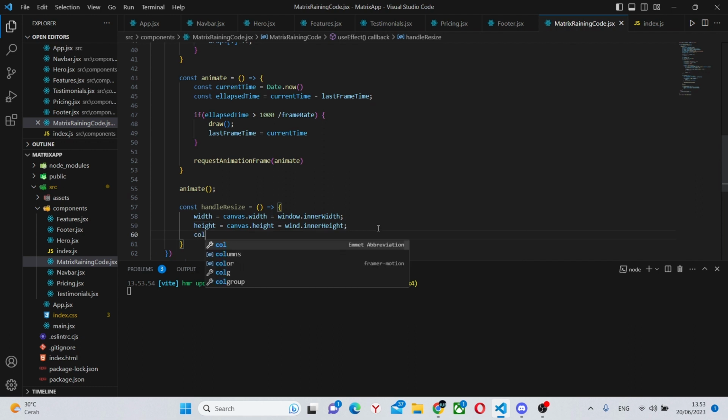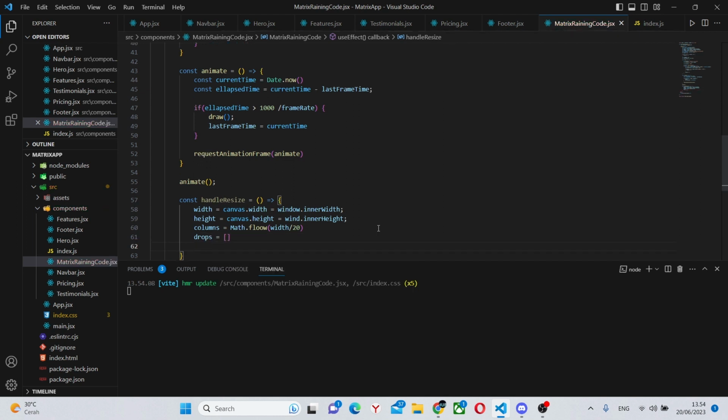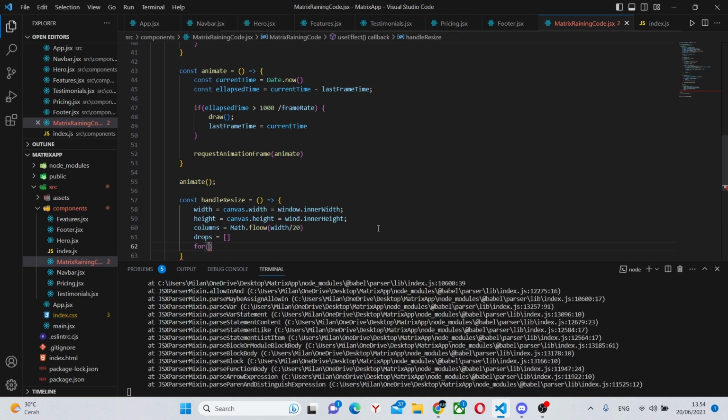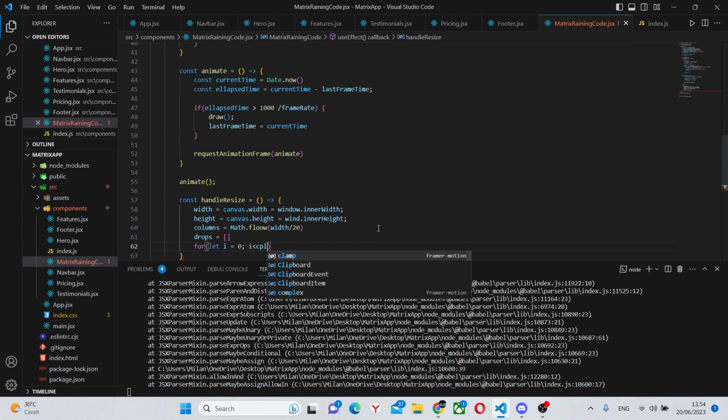Next, we can say columns equals Math.floor width divided by 20, and drops equals this. Next, we have a for loop which says let i equals 0, i is less than columns, and i plus plus.